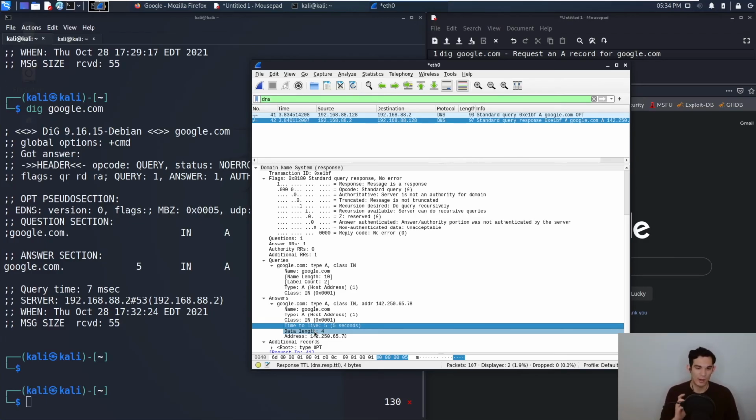So that means if Bob makes a request for google.com, and then 10 seconds later, Sally makes a request for google.com, the resolver will go through the whole process of doing the DNS resolution again, because it's only supposed to be saving that information for 5 seconds.